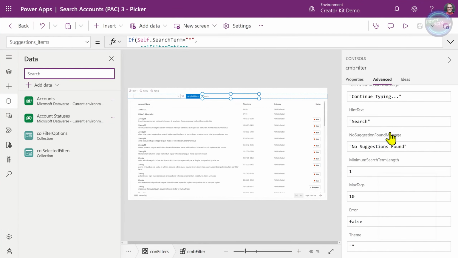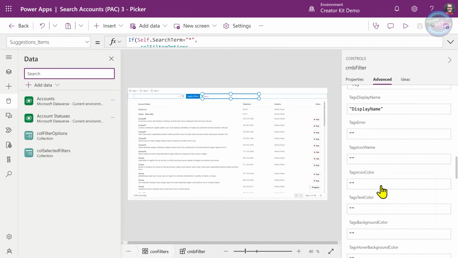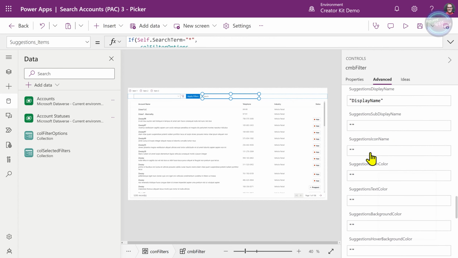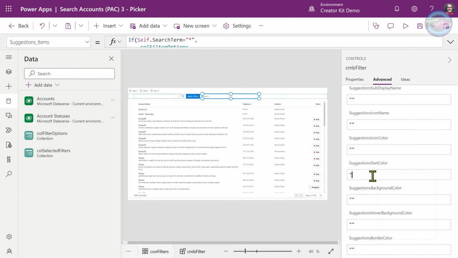And so what we're going to do is tell this control to use the text color like that, and also the background color. And we'll use it not only for the actual tags, we're also going to use it for the suggestions as well. So text color like that, and background color like that.